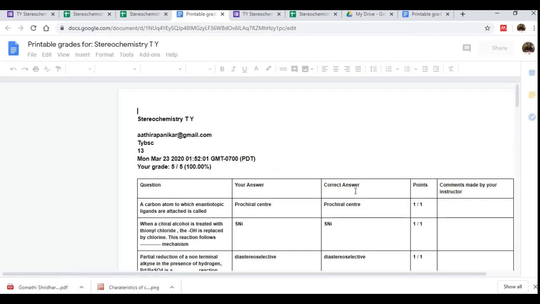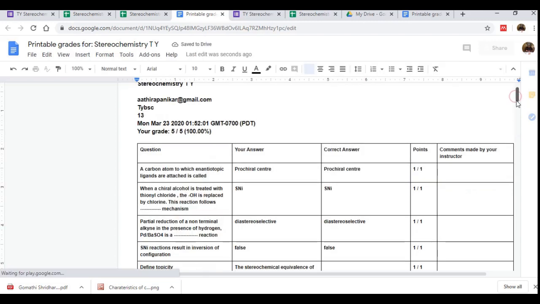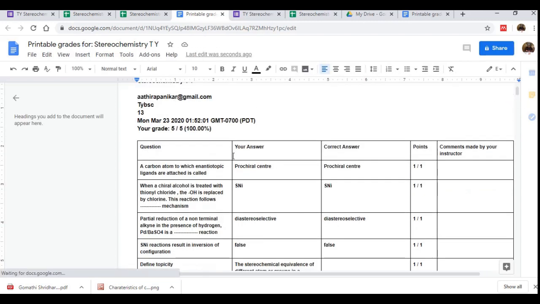And for each of your students, there will be name, email ID, the student answer, the correct answer, and the points that were received for each of those questions. You can either print it and distribute, or you can store it in your Google Drive. So this gives the grade for each student for each test.